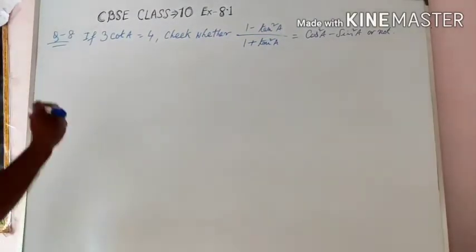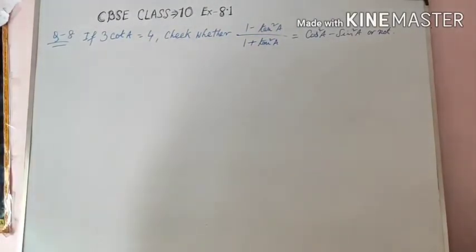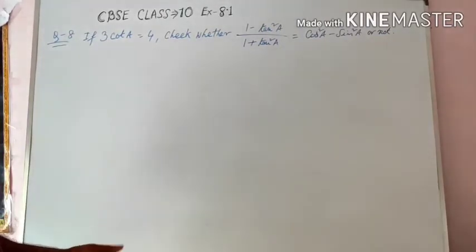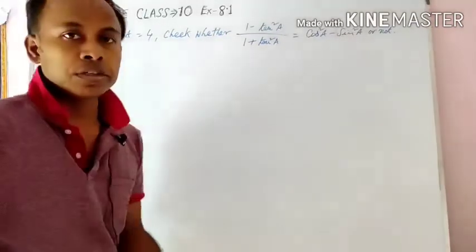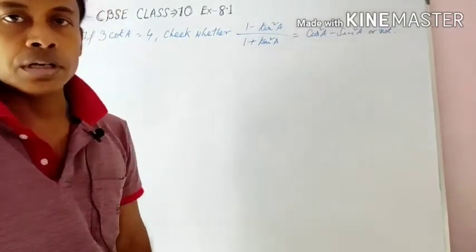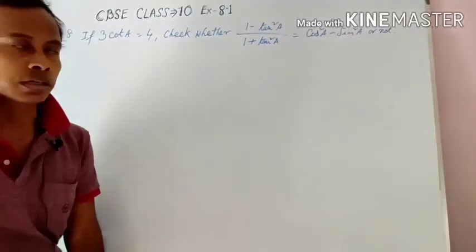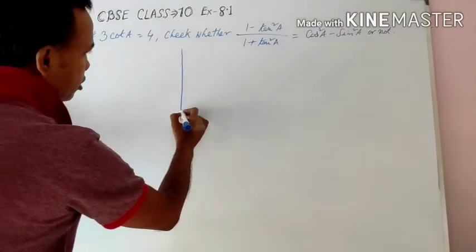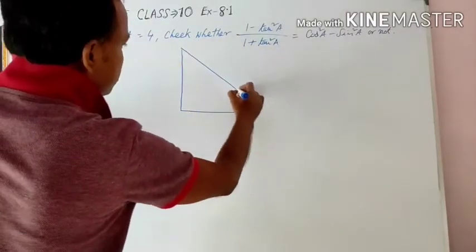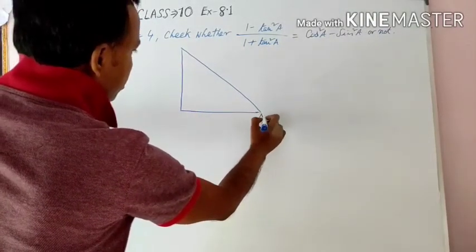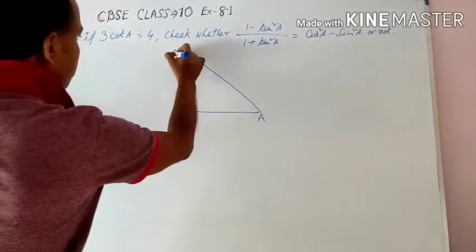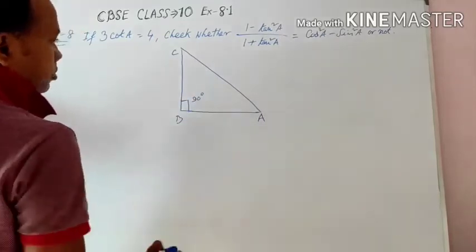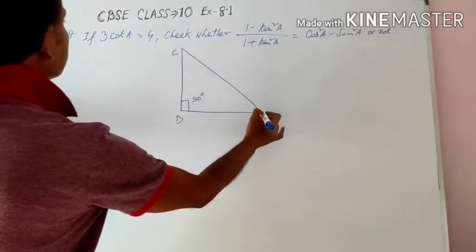So this is trigonometry. We know that trigonometry is basically used for right angle triangle. Trigonometry is only applicable for right angle triangle. So first we draw a right angle triangle. Suppose this is your right angle triangle. Name it A, B, C, with the right angle at the point B. That is, this is your 90 degrees. This is your angle A.